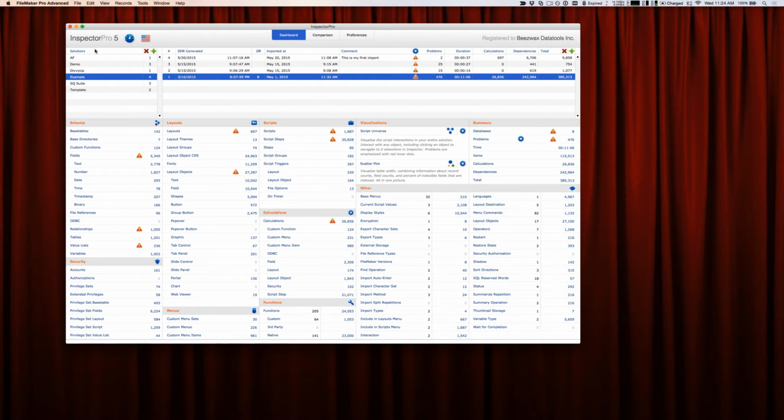problems. So problems, Inspector 5, we've brought back the auto detection capabilities that we used to have. Because in version 4, you had to run a detection report to detect the problems that existed in your solution. With Inspector 5, we automatically detect the most critical problems, and so you'll see right away that you'll get these